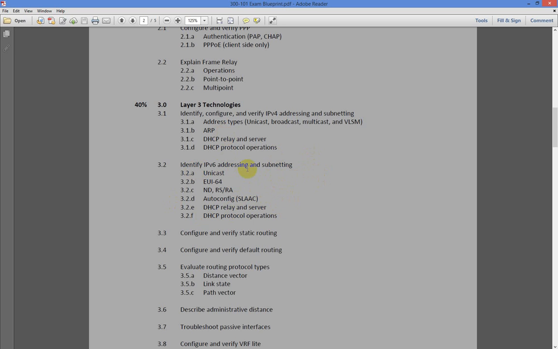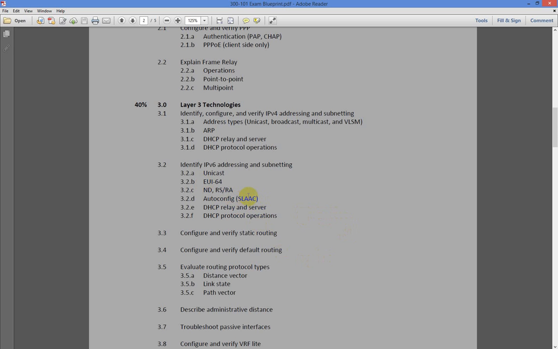Now I'm going to break these up to where this is going to be the IPv4 kickoff video, and then we're going to have an IPv6 kickoff video, because there are some definite differences between them and how they would work. And what's ironic is I was just in a discussion with a client's senior engineer not too long ago, where we were discussing